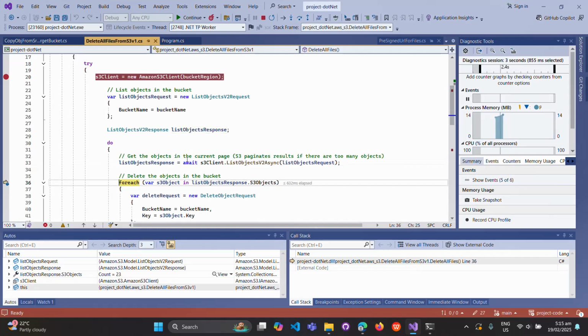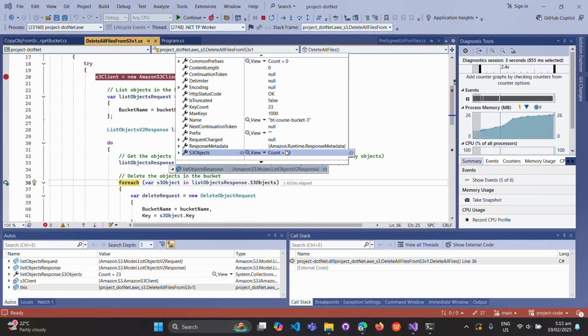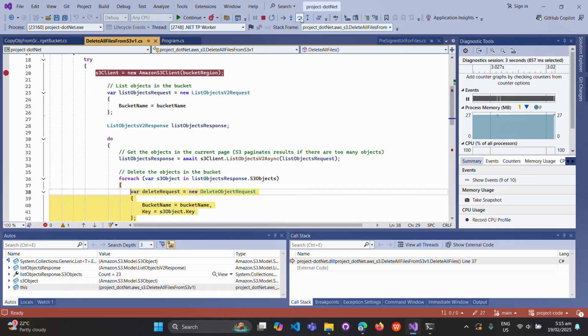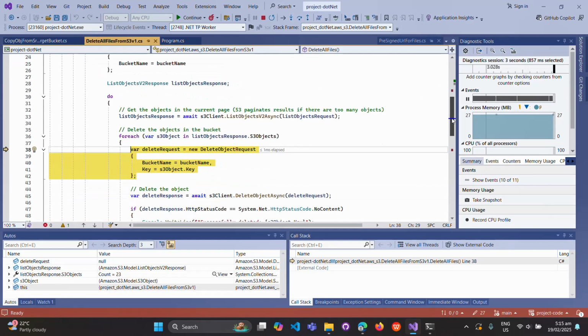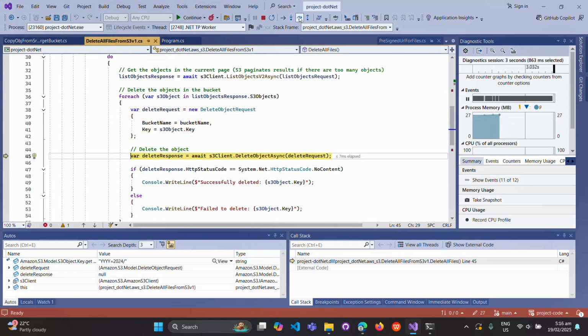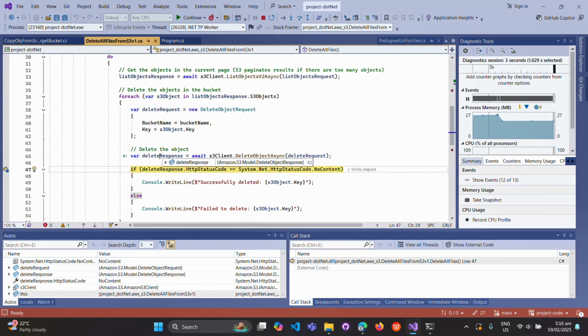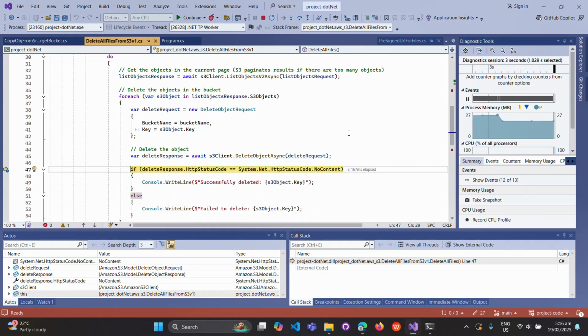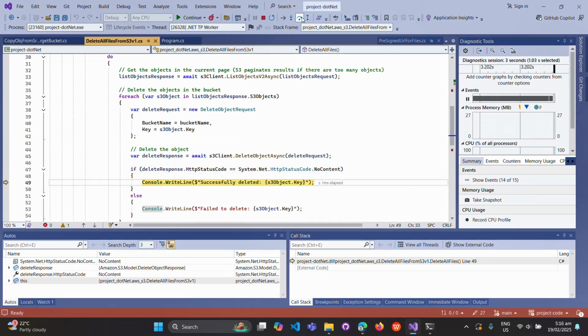So let's see what is the response here. This is the response object we got. There are 23 objects in this, and when we are iterating over each of these, we are preparing a delete request for each object, and this is the delete response we got. No content. So if the HTTP status code is equal to no content, then you can assume your request is successful,